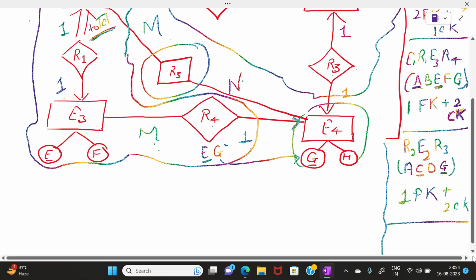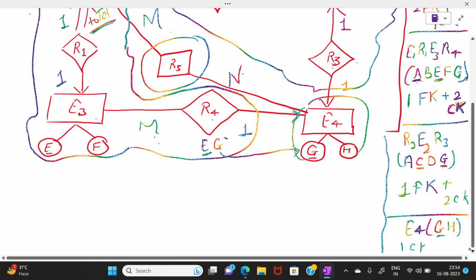Okay, so this will be one table. And now let's say we have this E4 left. So E4 will be separately grouped as one table with G and H as the key. So one candidate key. And if you say this will be the foreign key for this one particular. So one FK,